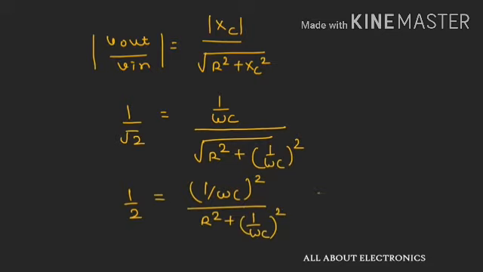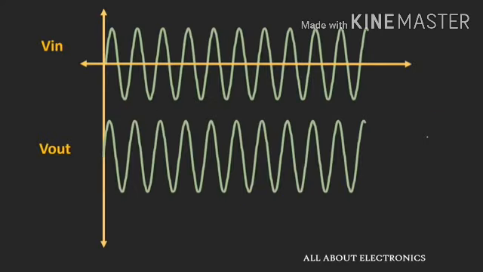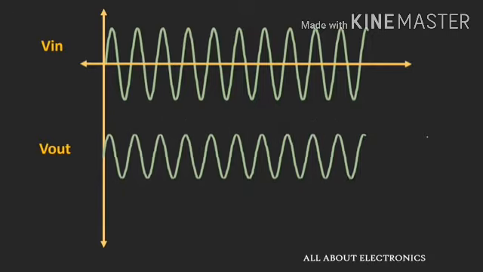And if we further simplify it, then we will get omega equal to 1 over RC, or we can say cutoff frequency Fc is nothing but 1 over 2 pi RC. So now in case of a low pass filter, as we increase the input frequency, not only will the output of the signal reduce, but the phase will also change. And this phase phi can be given as minus tan inverse omega CR.